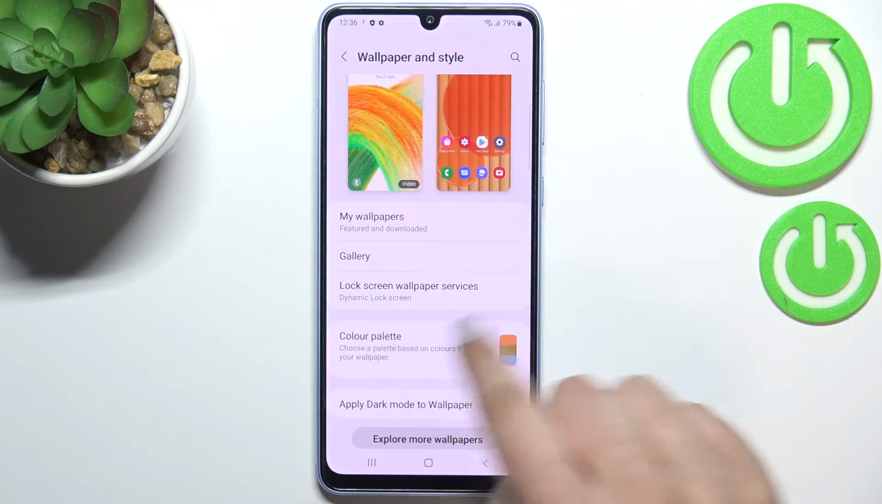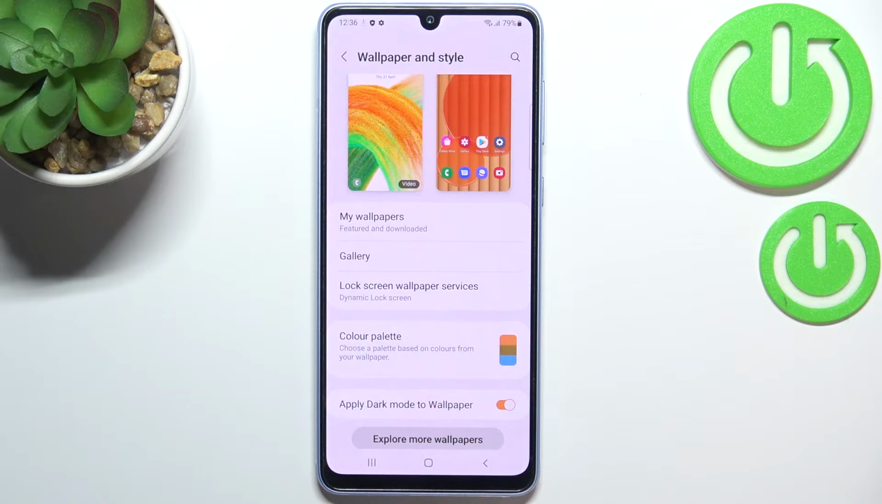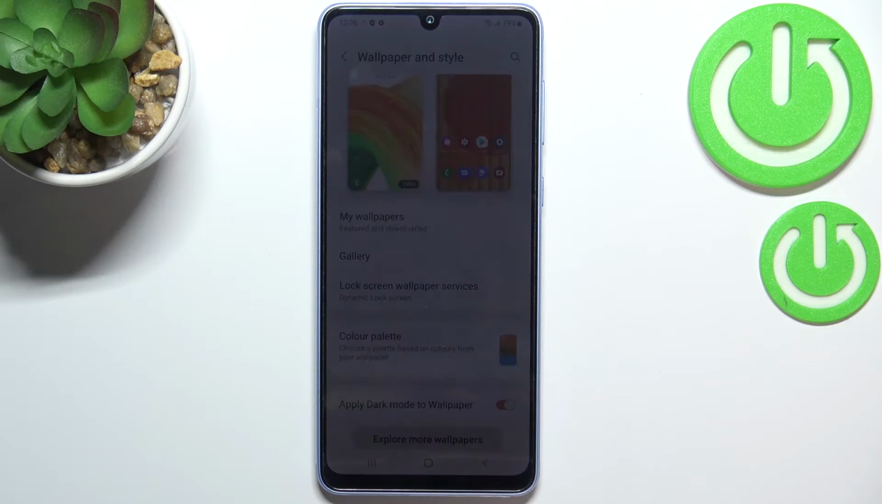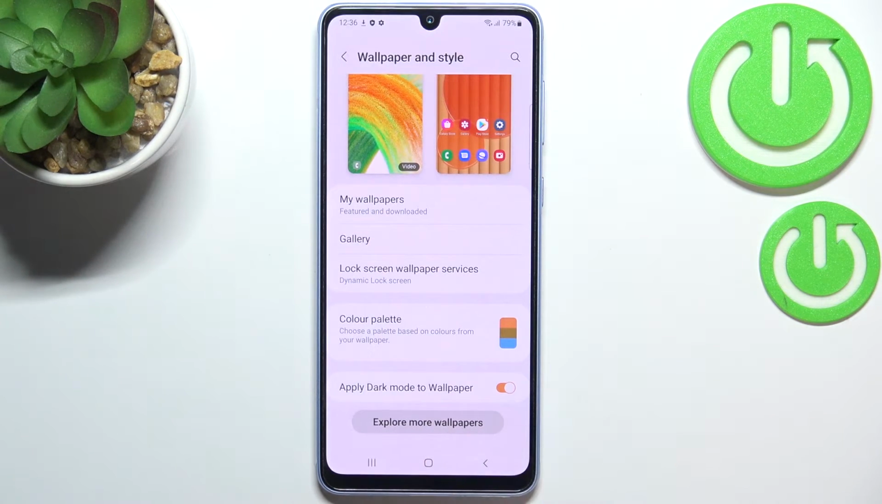and under it we've got some albums from which we can choose the wallpaper from. So we can choose it from My Wallpapers, and here we've got some pre-installed ones. Under it we've got the gallery, which is basically your own gallery, so you will be able to pick your own photo and set as a wallpaper. We've got also lock screen wallpaper services, and if you will have the internet connection and also the Galaxy account, you will be able to enter the Explore More Wallpapers, and here you will have much more options to choose